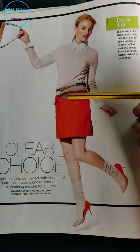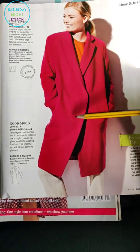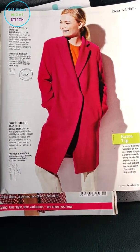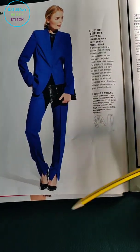Then we've got a cute little skirt with giant pockets. I just think that this is awesome. This is the sort of thing that I would love to wear in autumn as a transitional coat. This is a very, very pow